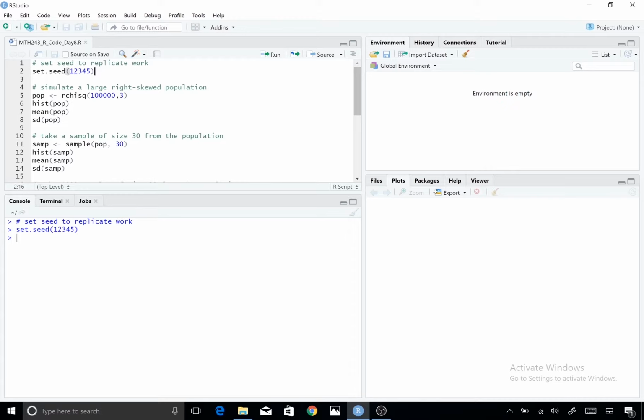I'll set a seed so we can all get the same thing. I'm going to simulate a skewed population because I want a population that doesn't look anything like a normal distribution. I'll use the rchisq command. This will draw 100,000 numbers from a chi-square distribution. We'll get to the chi-square in a couple weeks, but for now, all you need to know is that it's right-skewed, and I want to make a right-skewed population. I'll save these 100,000 numbers as pop,